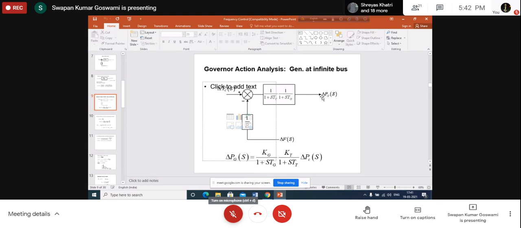This type of change of valve opening is possible because of governor action only. The governor can do this. So the governor, on its own, because of load change, will change the opening of the steam valve. As a result, the output of the generator will change. So what we want to investigate now is, if the output of the generator is changed by connecting more load, how much will be the change in the frequency of the generator? How much will be the change in the speed of the generator? This is what we want to investigate.